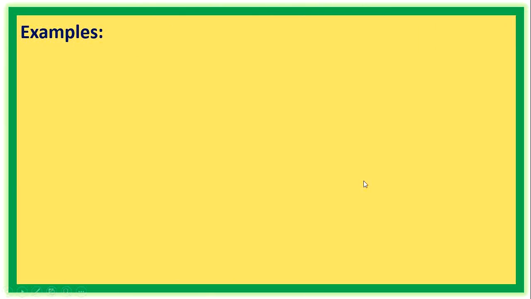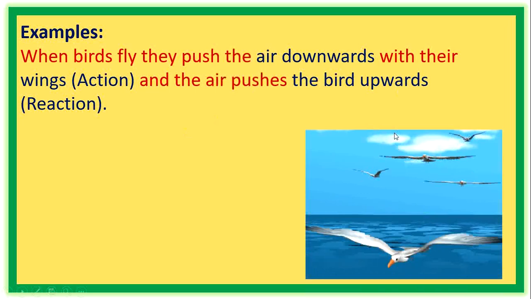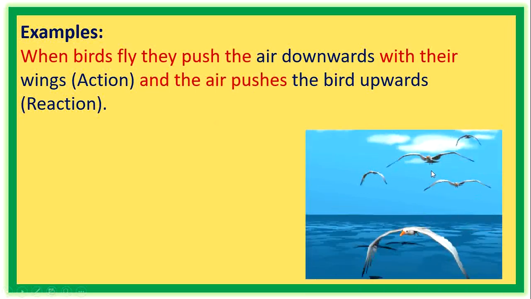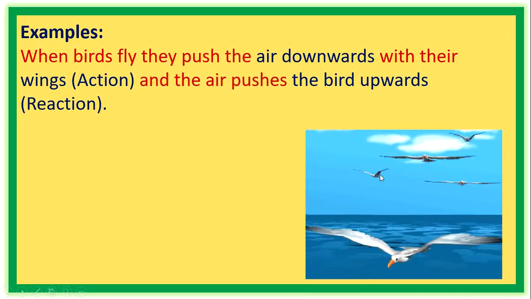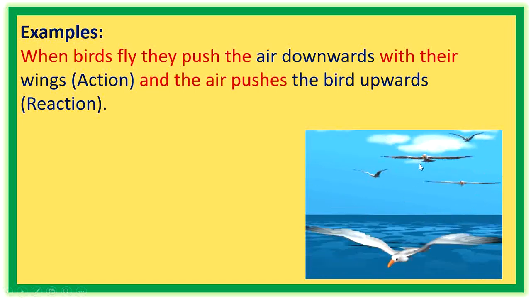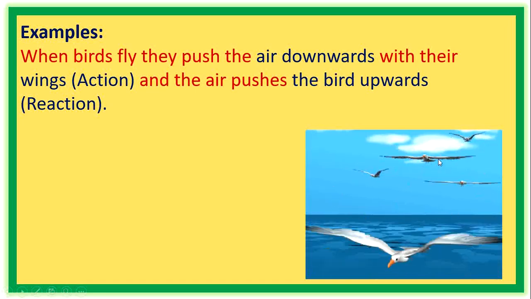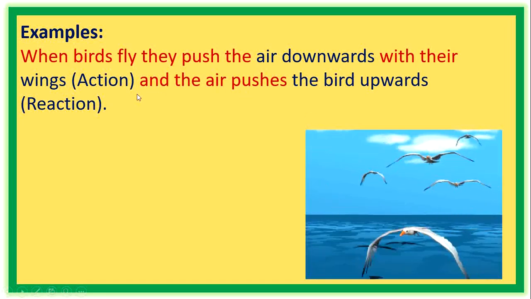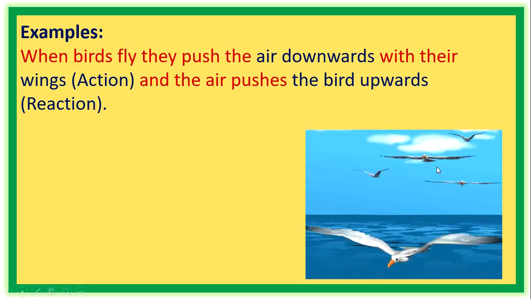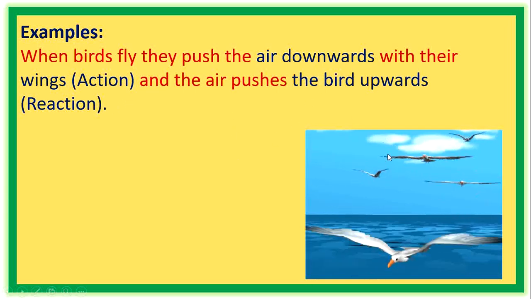Now, examples for Newton's third law of motion. When birds fly, they push the air downwards with their wings. See this diagram, the birds push the air downwards with the help of their wings, and the air pushes the bird upwards. What happens here? The air pushes the bird upwards. So, here pushing the air downwards with their wings is the action, and